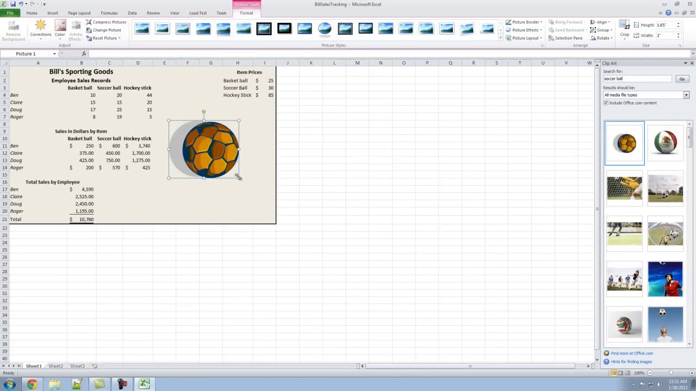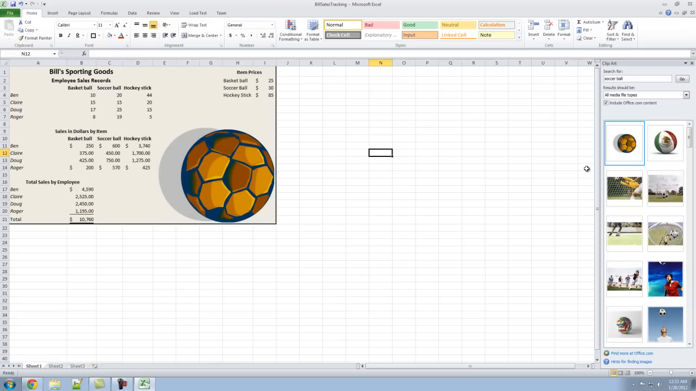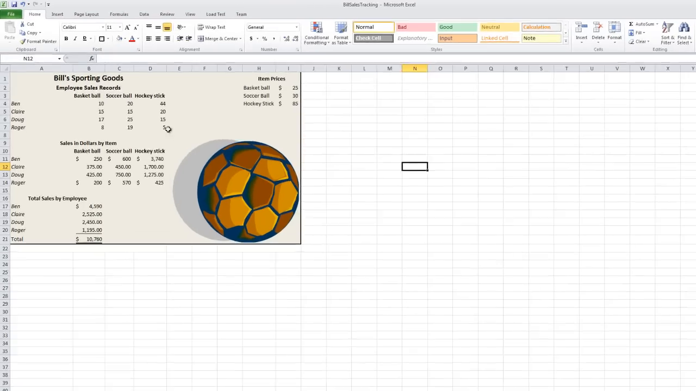And there's all kinds of borders at the top you can choose from. I just leave it at the default. And you could just resize that. I'll put it down in the corner. And that is a completed